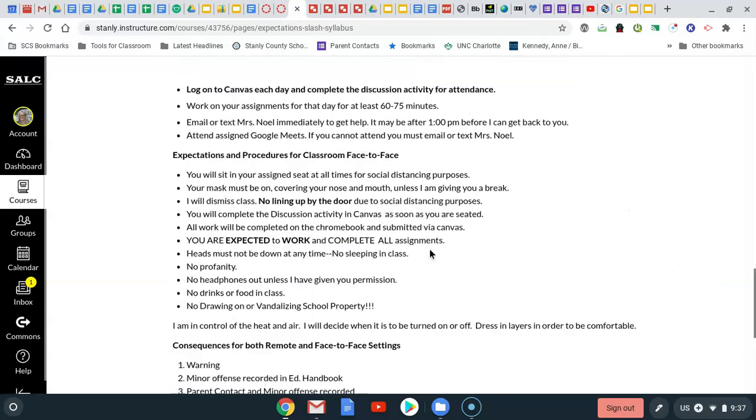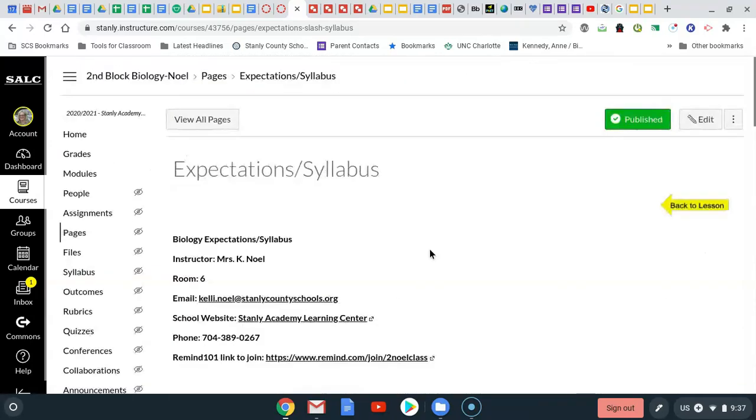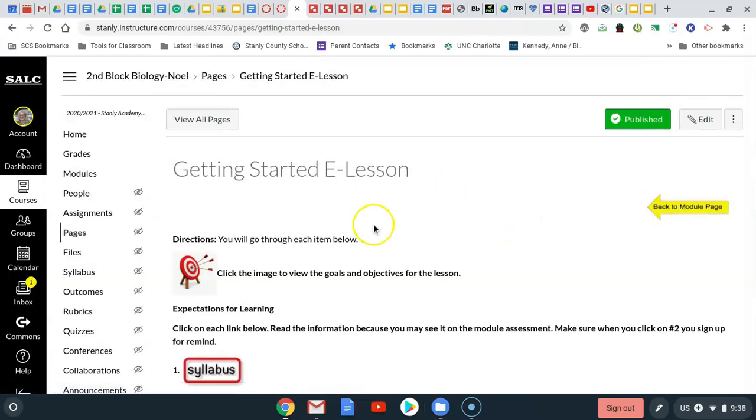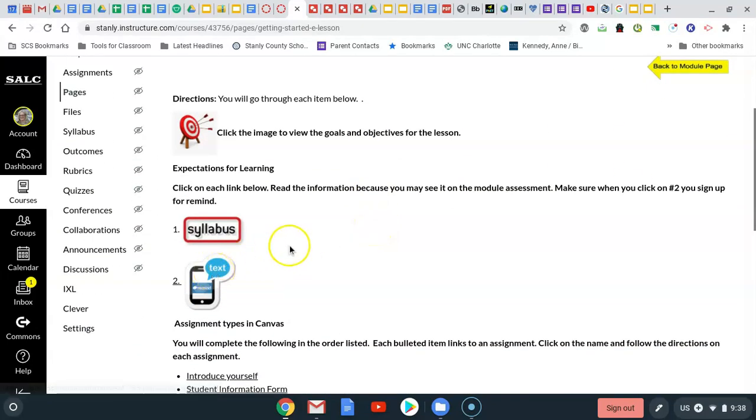And so that's your syllabus. Notice I have little arrows up here that should take you back to the correct page. You'll want to read through that again because the assessment for this will have some questions from that syllabus. When you get your phones back,